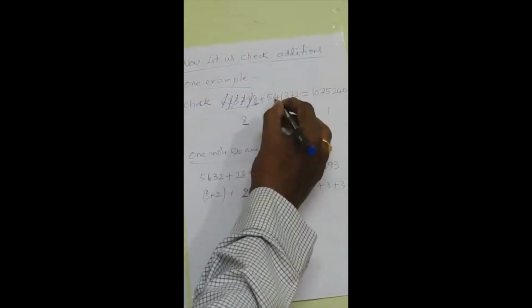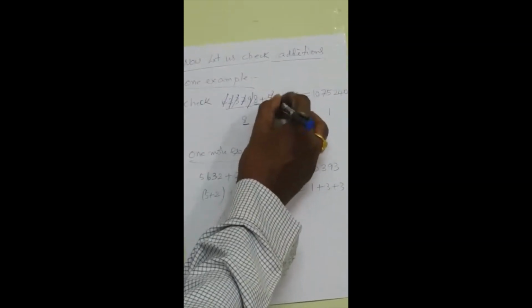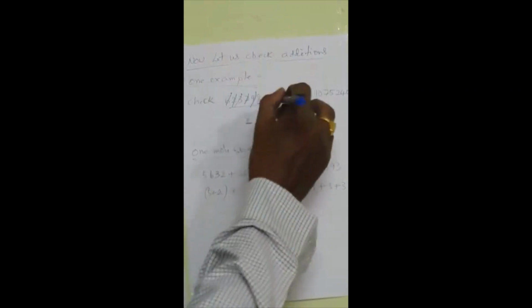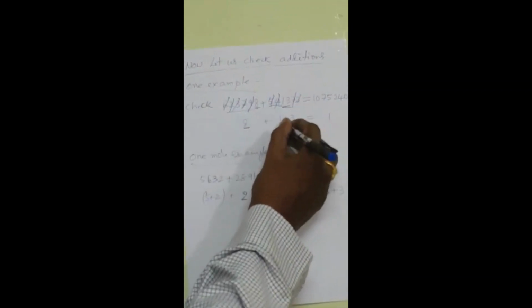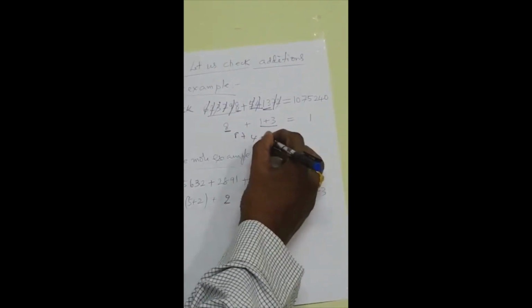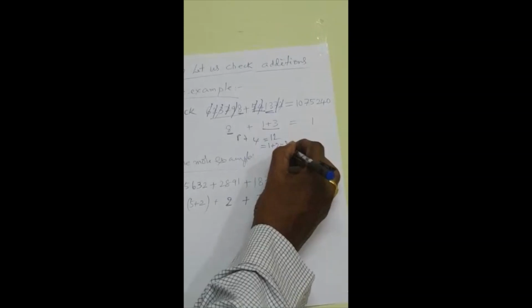Plus here 541372. Here you can cancel this 5 plus 4, 9. 7 plus 2, 9. Cancel. So you are left with 1 and 3. That is 1 plus 3, which is 4. So 8 plus 4 is equal to 12. This is equal to 1 plus 2 is equal to 3. Okay, this single digit on the left hand side is 3.